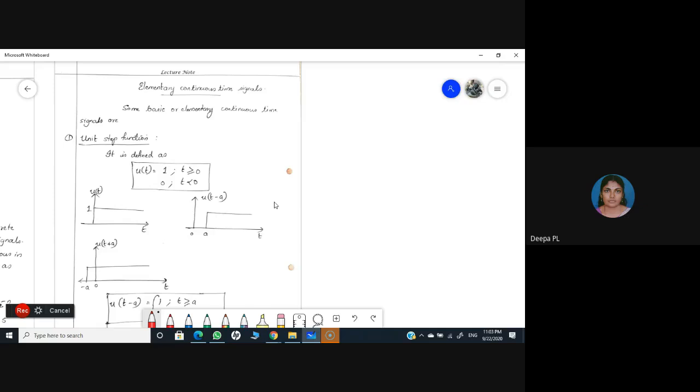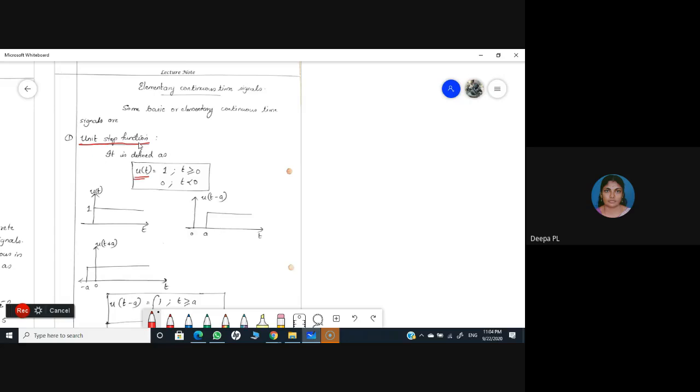Dear all, today we are going to learn about elementary continuous time signals. What we mean by elementary signals is that these are the basic signals from which we can derive different types of signals. First and foremost, the basic signal is the unit step signal. Unit step signal means a signal that can be defined as u of